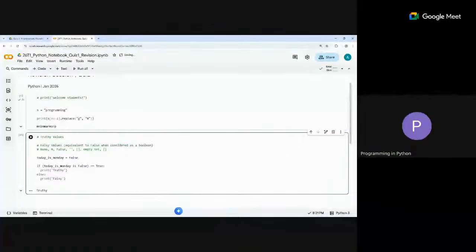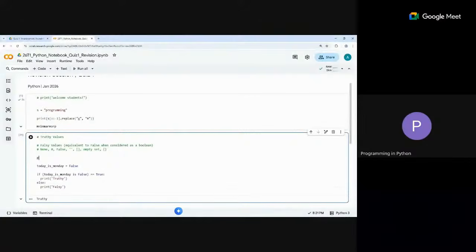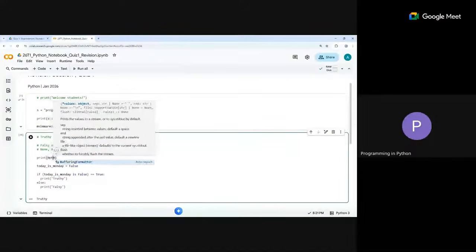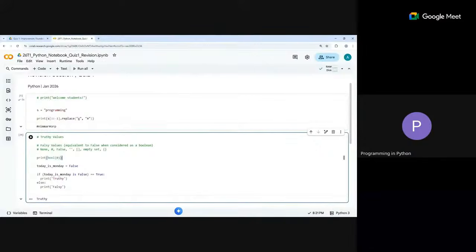But what we are saying is the falsy values are such that when you consider them as a boolean, the value becomes false. So the idea is one other thing I can explain easily. If you have 0, it's okay. But if I say bool of 0, look what it is doing. It's converting 0 into bool, so now this becomes false. So bool of 0 is false. That's what falsy values are. Falsy values are values such that the bool of that value is false.